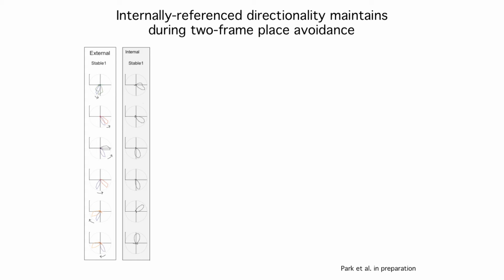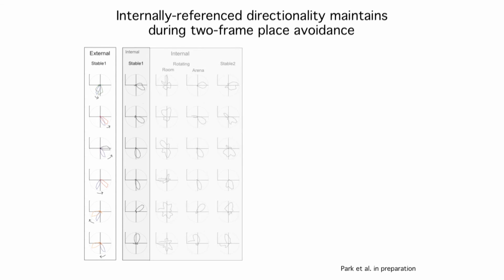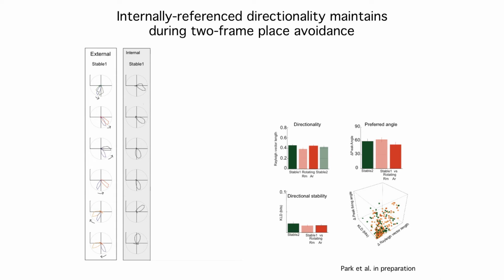And so when you now look at the data during the rotation, this is what you see, right? So while the directional tuning in this instance looks rather well preserved in the arena frame, it looks poorly organized, but not null, in the room frame. And obviously, when we stop the arena rotation, this internally registered directionality came back. So we can sort of quantify this. You can see that this internally referenced directionality is maintained. The errors and so on are no more than you would have expected.